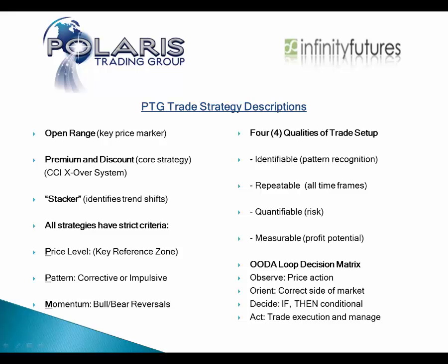Okay, and then we have a decision process. And again, this decision process we refer to as the OODA loop decision matrix. That actually is an entire webinar in and of itself. But for brief purposes here, it simply stands for observation, price action. Orientation, we want to make sure we're on the correct side of the market action, whichever that is. And in the decision and action cycle of the decision matrix,